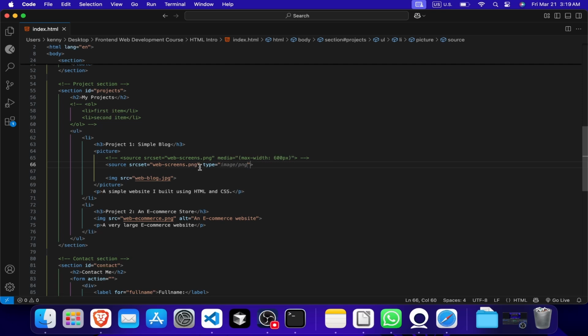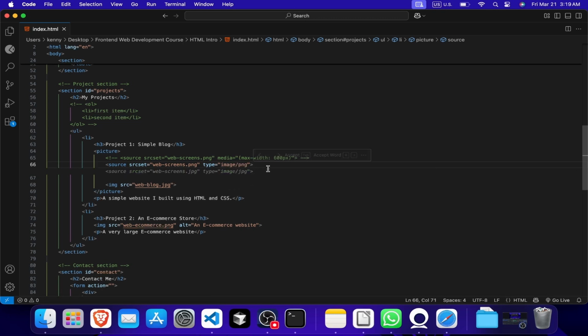So I can decide that I want this image to view, this PNG format to view first. And if the browser that my users are using does not support PNG, which is unlikely, actually almost all browsers support PNG, but let's just assume that some browsers don't support PNG, I can tell it to first,